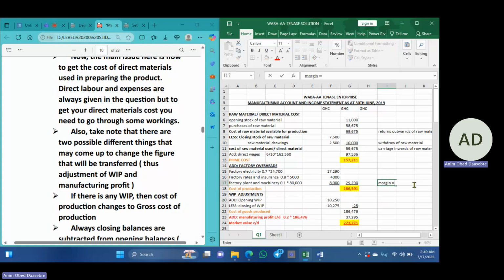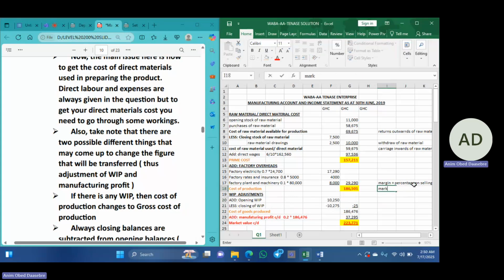Margin is a percentage on selling price. And markup,